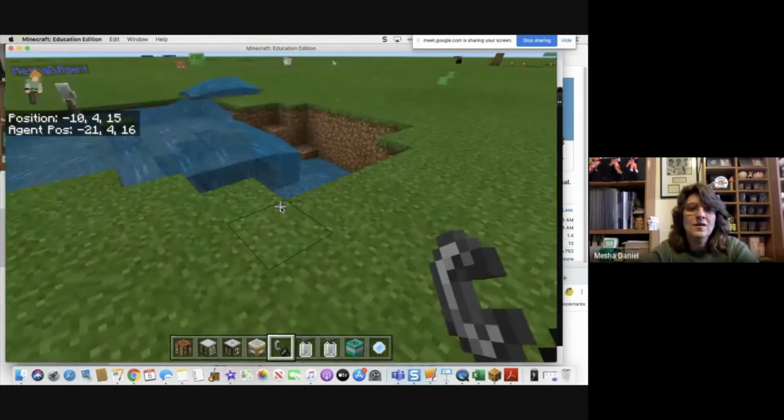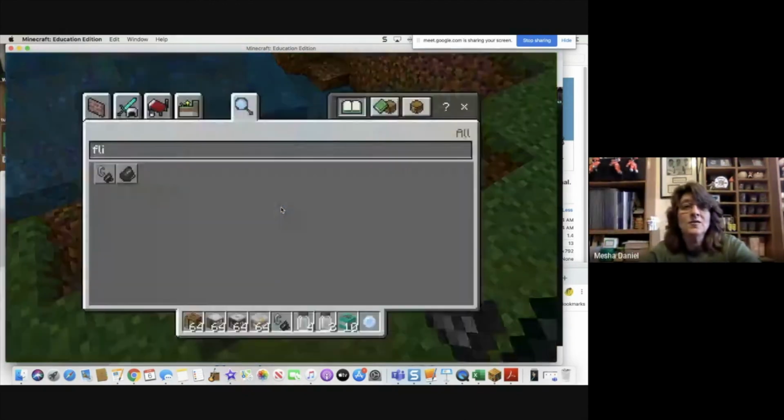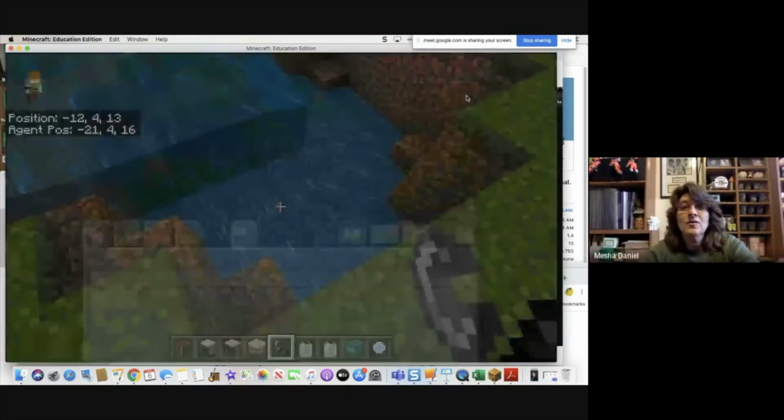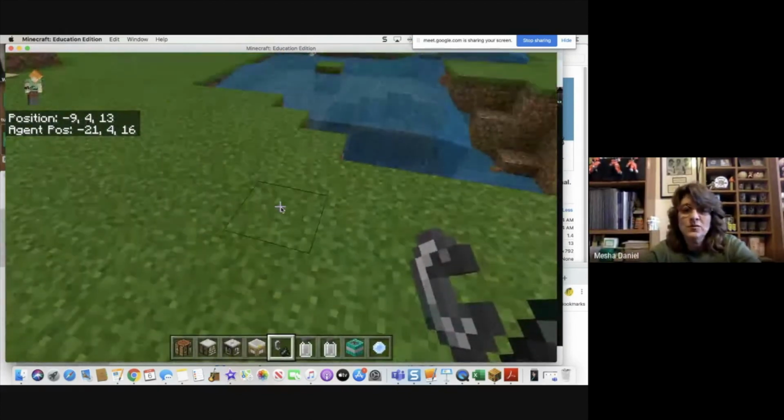And notice that we were able to put it in the water. We can't put a regular TNT in the water. It won't work because it can't get wet. So now we have a way of making underwater TNT too. And once again,